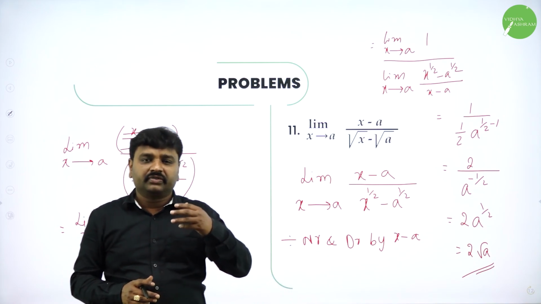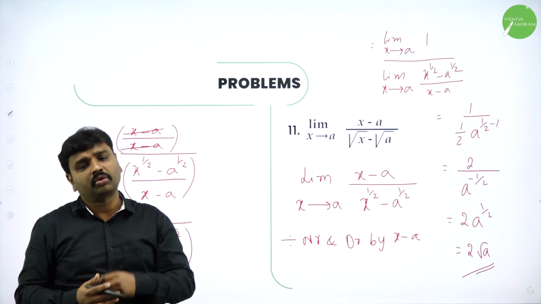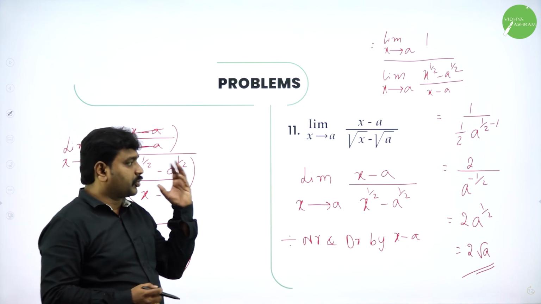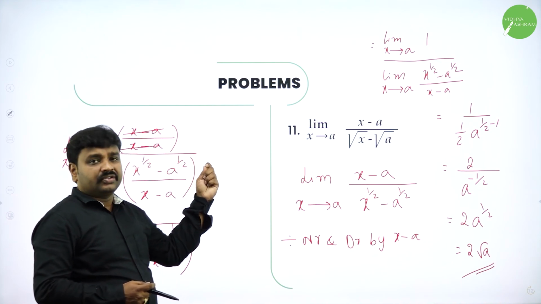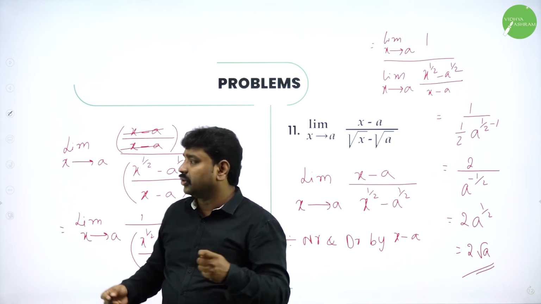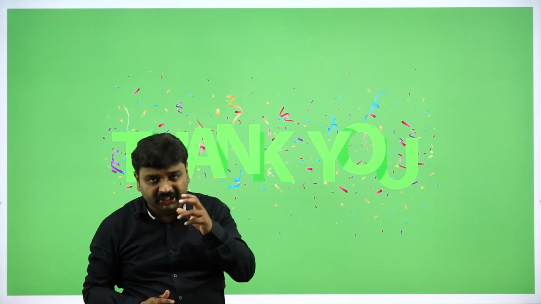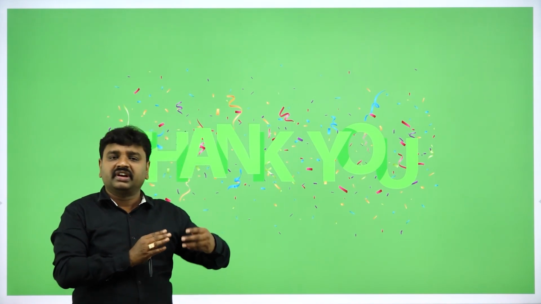So I have done few important and interesting problems in this session. I will go ahead with more problems, and we have problems on continuity and we have problems on what is called as limits. In my next session, I will be continuing with many more problems. So now I have done few important problems, wherein we used a formula called limit x tends to a, x power n minus a power n by x minus a is n into a power n minus 1. Some we factorized, some we simplified, some we have done dividing and multiplying. Like that we simplified and applied limit.